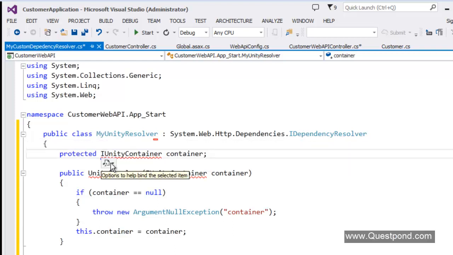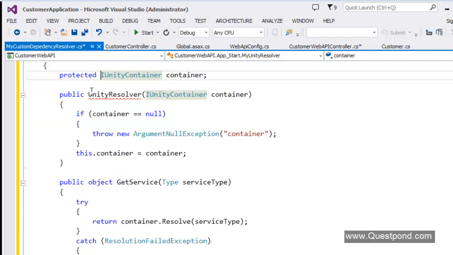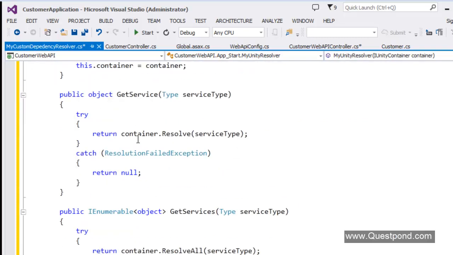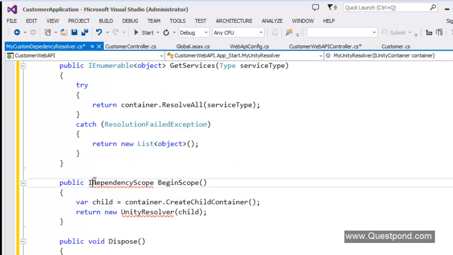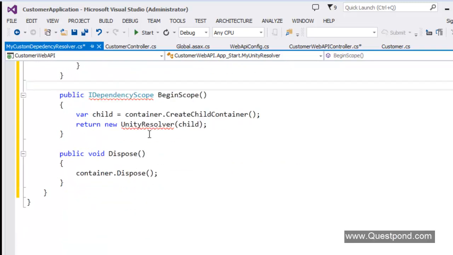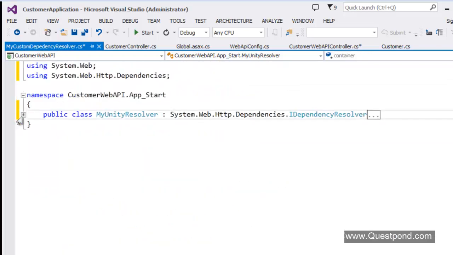Let us resolve these dependencies here. I can see there are some dependencies here. So let us say, okay, use Microsoft.Practices.Unity. What else do we have? Okay. So let's correct these errors here. I'll explain what this code is, but let me correct whatever errors I'm getting here. Right. Okay. Let me just compile this project once, and then I will do the explanation part of it. All right. Okay. So everything compiles.